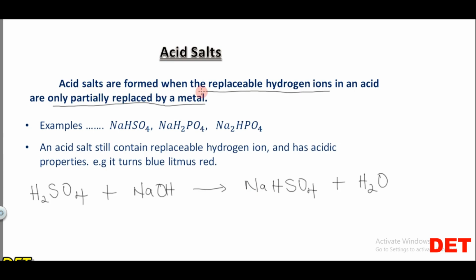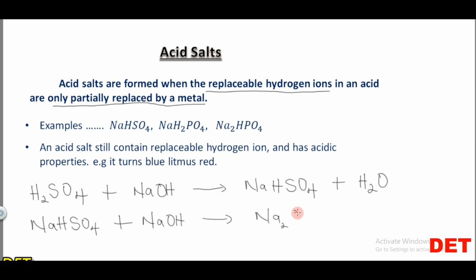Again, acid salts are salts formed when the replaceable hydrogen ions in an acid are only partially replaced by a metal. So we still have hydrogen ion present in this salt. Alright, and that is why it is an acid salt. So when this sodium hydrogen tetraoxosulfate 6, which is an acid salt, reacts with another molecule of sodium hydroxide,